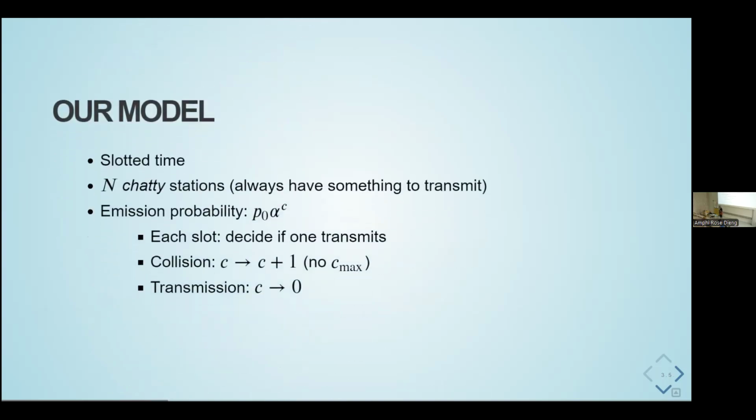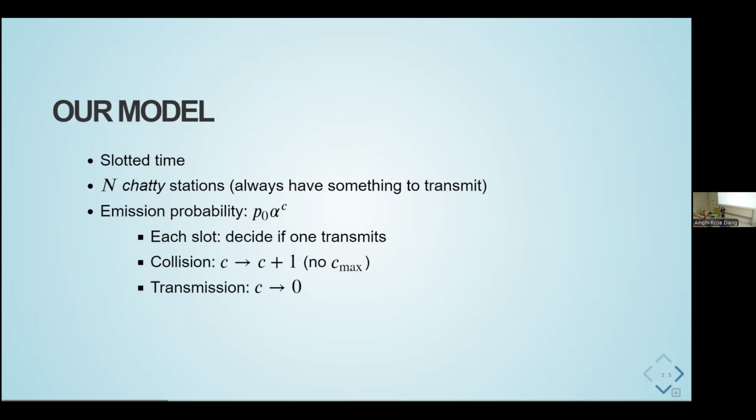And here we didn't use exactly this model. We made a few slight modifications. First, we don't care about the specificities of the actual arrival process of packets. So we consider a kind of worst case scenario with all stations being what we call chatty. That is, they want to speak every time. They've got a full bunch of packets to transmit. They want to speak, they want to speak, they want to speak. So it's really a worst case. Imagine that at some point in your network, everyone wants to speak, has something to say. So yeah, because we don't want to study the specificities of the arrival process of packets.